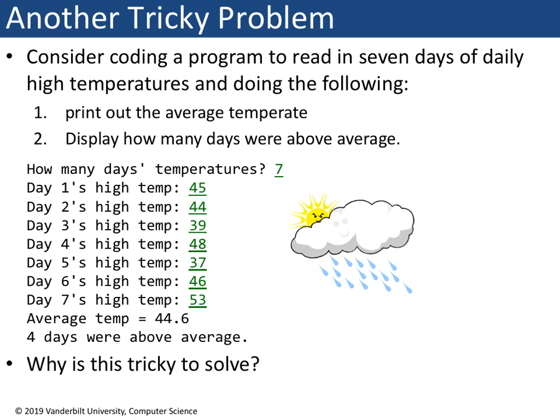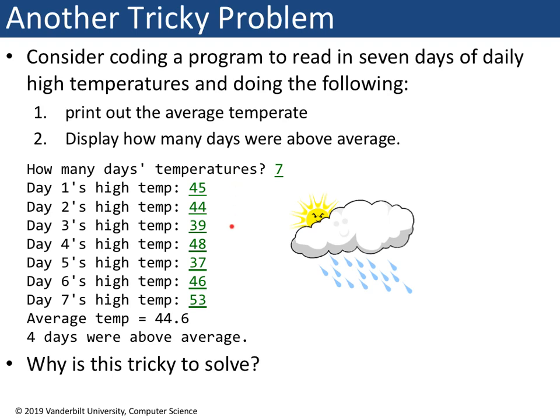If it was just a matter of calculating the average, we could just sum it together, keep track of how many the user typed in, and then divide. But in this case, we want to get the average and tell how many days were above the average. So after we calculate this average, we want to go back and look and see how many of these were greater than this number. So we really do need to remember all of these numbers that the user typed in. And there's no way to know how many they're going to type, so there's no way to create enough variables to be able to